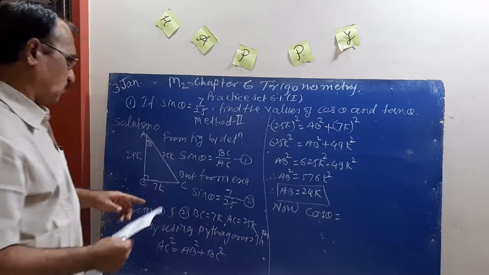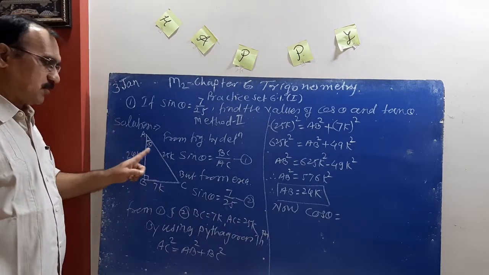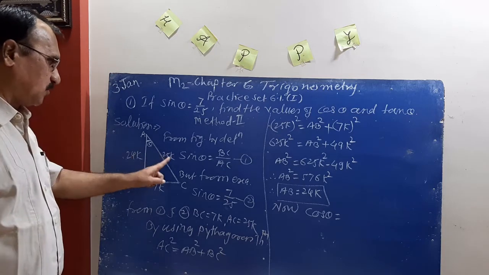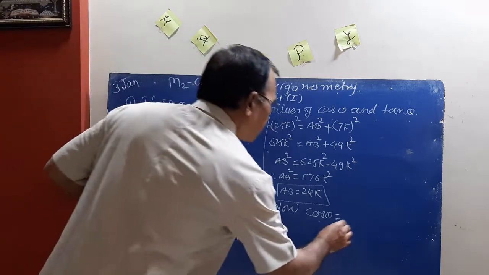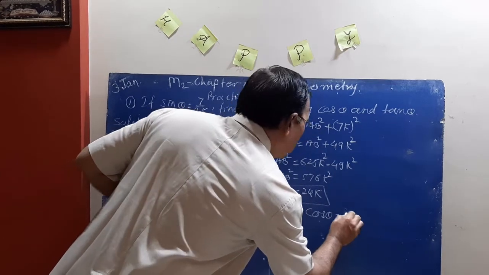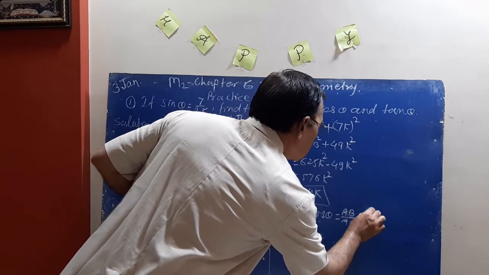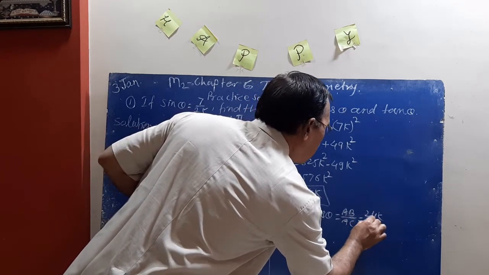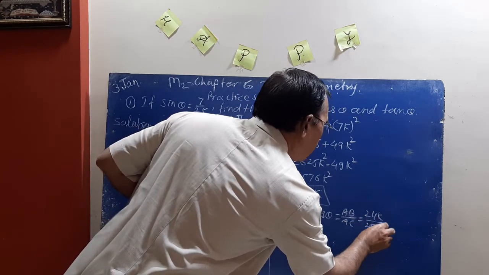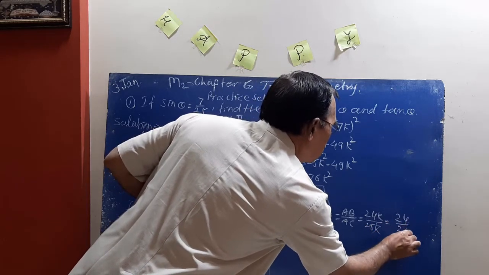cos theta is equal to, what is the definition of cos? Adjacent upon hypotenuse, that is 24K upon 25K, or AB upon AC is equal to 24K upon 25K. K gets cancelled, 24 upon 25,